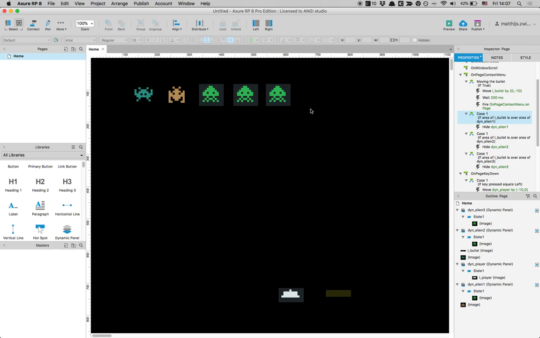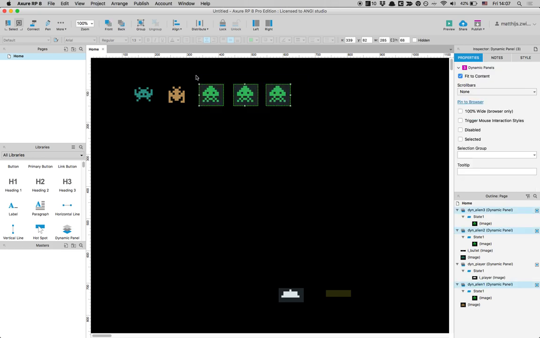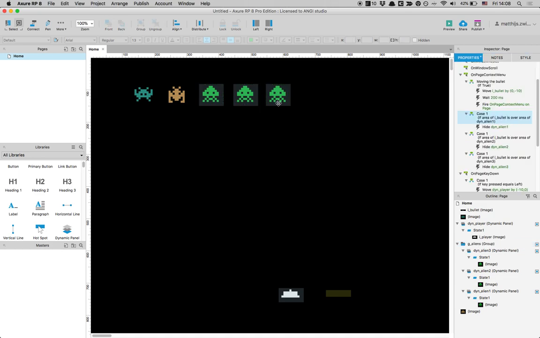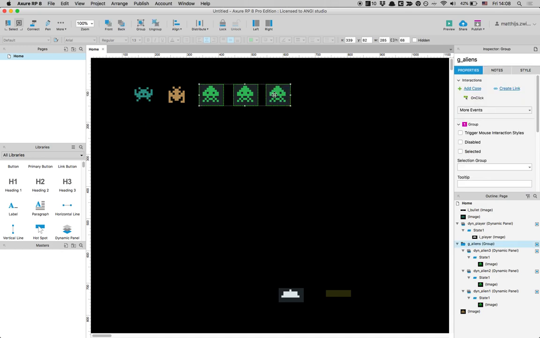So we're going to add a bit of threat. I'm going to have these guys grouped together, and this group will be the aliens. So it's a group, so I'm going to add a G in front of it, and this will be aliens. And what we're going to do is move these aliens